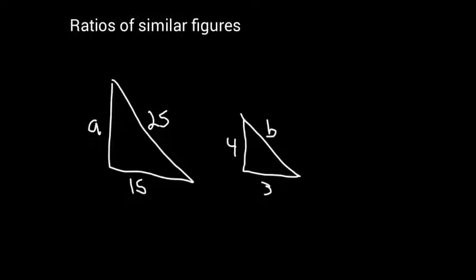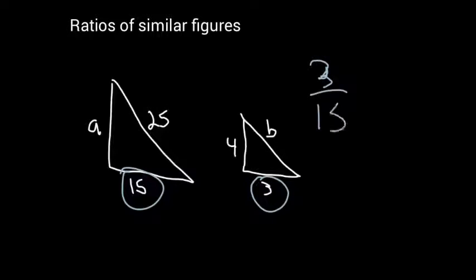Alright, so let's continue talking about ratios of similar figures. In this I have two triangles, they are similar, and we have to find two different measures on these. When we did this earlier, I said you can make a ratio out of the same triangle or out of different triangles. So here I can see I have the bottom leg of both of those triangles. So I'm going to make a ratio out of those, because I can use that to solve for both of